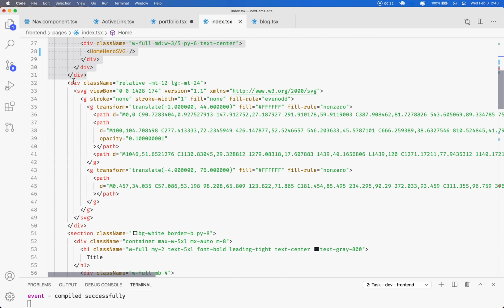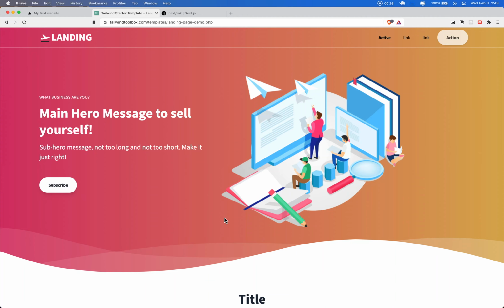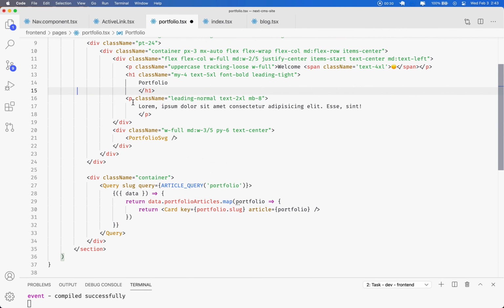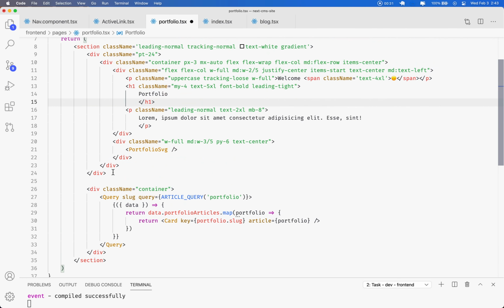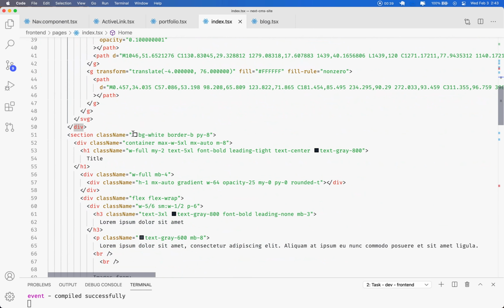So after we have this relative, and that's the bottom wave that we have at the bottom. Yeah, that's right here. So we're gonna just add it to our portfolio, and we're gonna place it right here. That is when we have our, yeah. Okay, and so we want our,